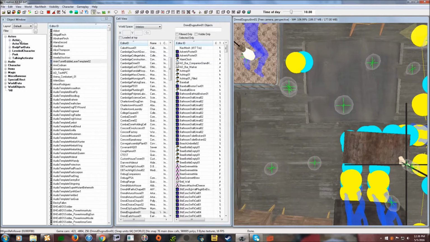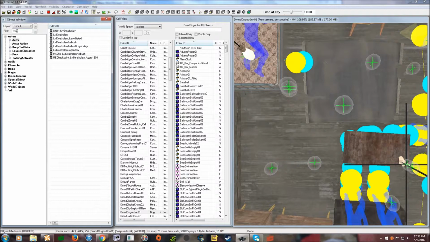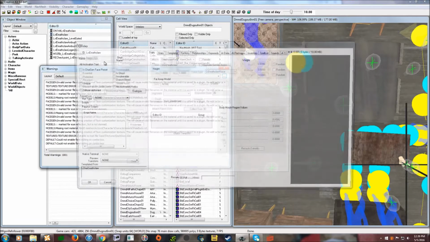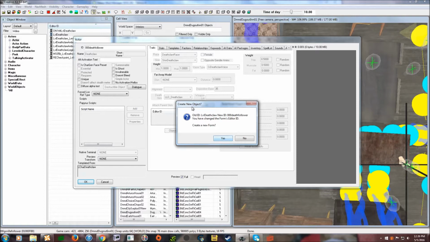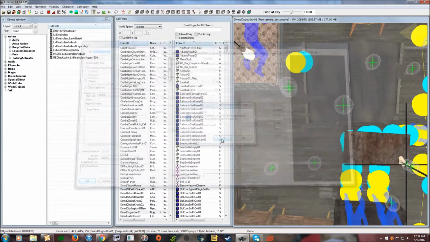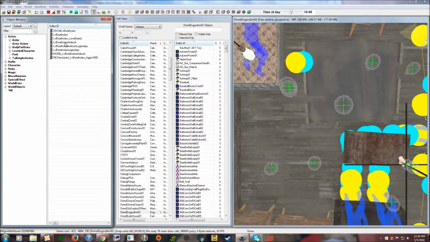So to get around that problem, we want to find, in my case it's going to be level Deathclaw, but if you're making like a gorilla, it would be level gorilla, and you want to open that, and you want to change the ID, and then press OK. It's going to ask if you want to create a new form. This time we're going to say yes, and then we are going to open it back up,